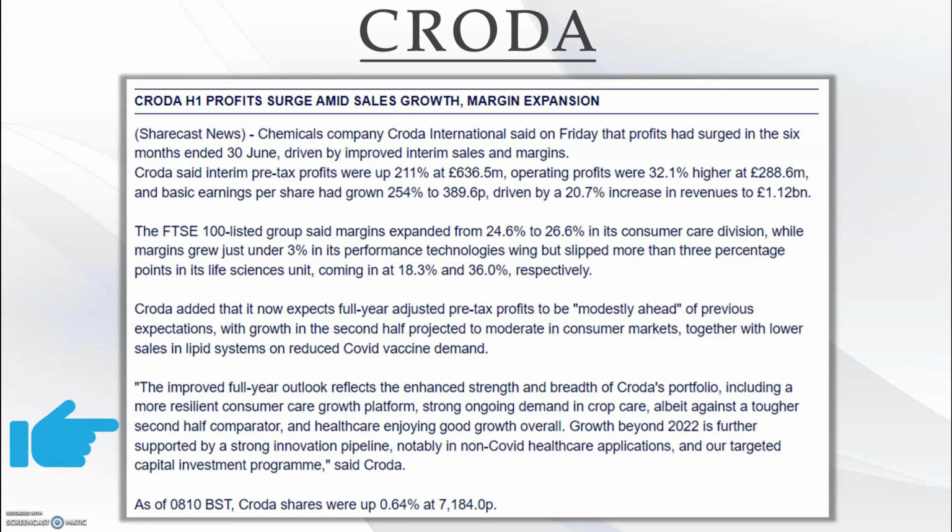The improved full year outlook reflects the enhanced strength and breadth of Croda's portfolio, including a more resilient consumer care growth platform, strong ongoing demand in crop care, albeit against a tougher second half comparator, and healthcare enjoying good growth overall. Growth beyond 2022 is further supported by a strong innovation pipeline, notably in non-COVID healthcare applications, and our targeted